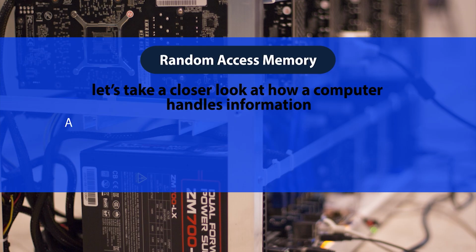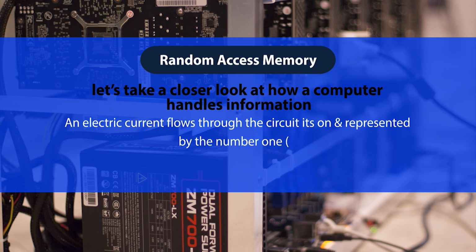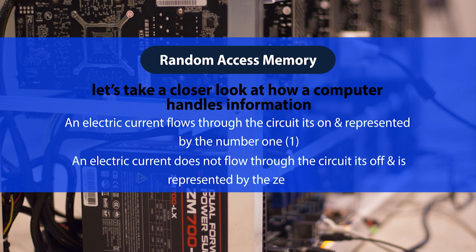There are millions of tiny electric circuits, and for every circuit in a computer chip there are two possibilities. That's what we have discussed earlier, either 1 or 0, which means either electric current will pass through that circuit, which is the state on, and it will be represented by a number or bit 1, or the current is not flowing through it, which means the circuit is off,